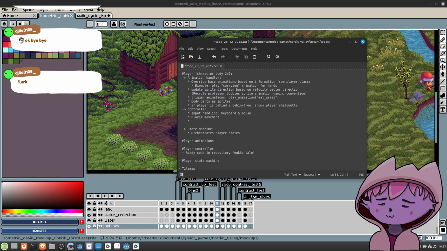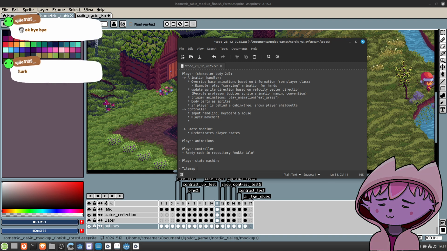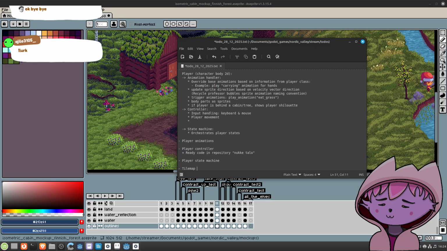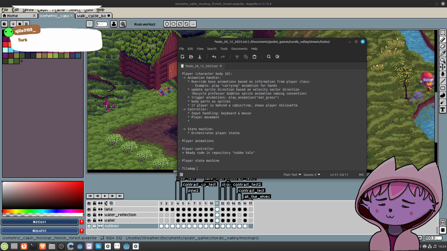So, talking about input handling and tile maps, we need some kind of tile map manager or handler.